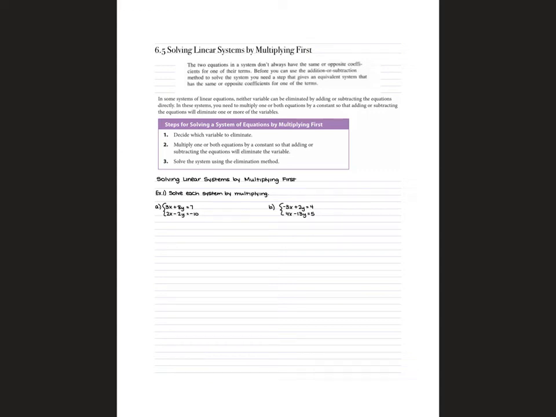6.5 Solving linear systems by multiplying first. Sometimes with these linear systems, you are going to have two equations where neither of those variables cancel each other out. When that is the case, you are going to have to multiply both equations or just one of the equations by a number, or a number with an opposite sign of something, in order to cancel out